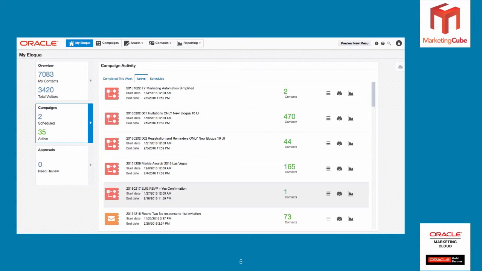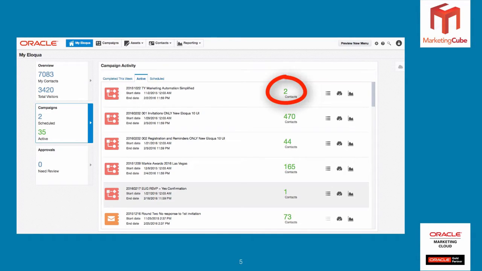In this particular view, you can see the campaign activity, for instance, and this is probably one of my favorite enhancements. Again, it's not really new functionality, but what we are seeing is more information presented to you in a dashboard format, which is very cool. So with campaign activity, you'll see there's three tabs there. There's completed, active, and scheduled. And the interface looks the same as you click on each of those tabs,